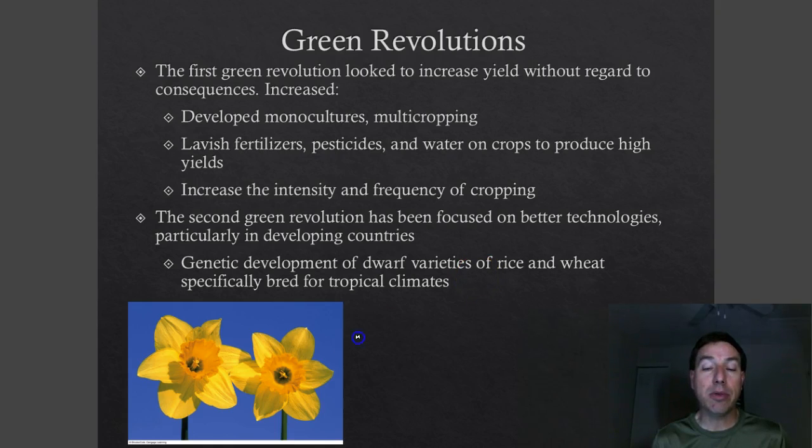For example, this right here is what we call yellow rice. Typically, rice doesn't have a whole lot of vitamin A in it, and so in those countries that grow lots of rice, there's usually a lot of vitamin A deficiency. Well, some researchers took a vitamin A producing gene and put it into some rice and created this yellow strain of rice. So this rice has high vitamin A in it. Countries that grow rice can grow this now and have less vitamin A deficiency. So those kinds of things are happening with genetically modified crops.